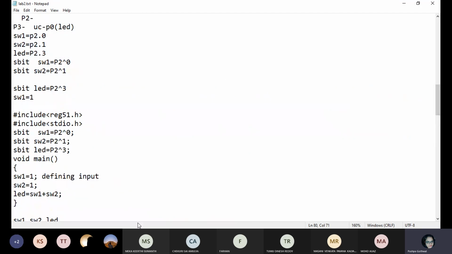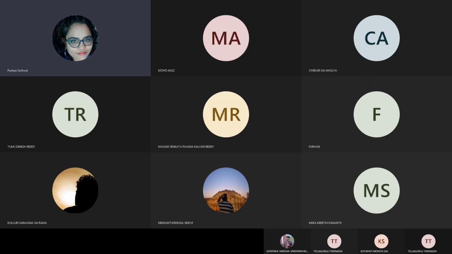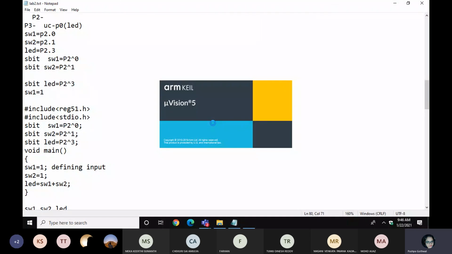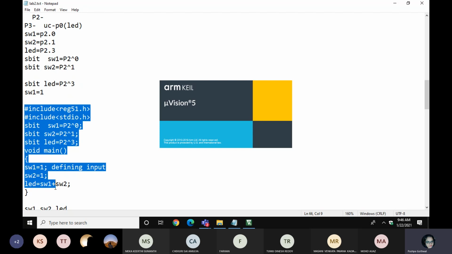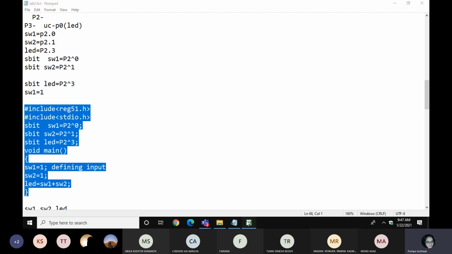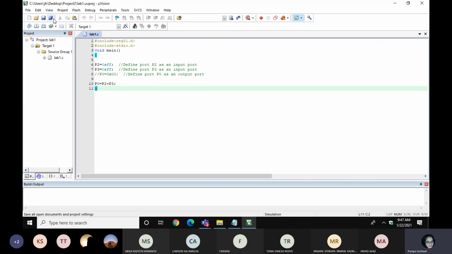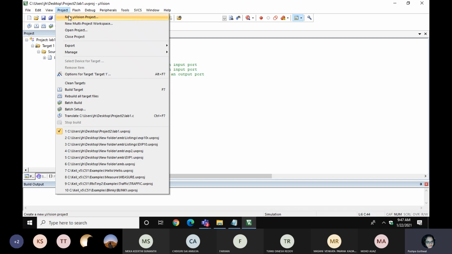Now I'm moving to your simulator. I will show you how I can write this in the simulator. So I'm sharing my whole screen with you. Is it visible? Yes, ma'am, visible. Okay, fine. So I'm moving to the code over here so I can show you how we can write it. The same process will be there, how to create the target, but for your convenience I'm again showing how to create the target.